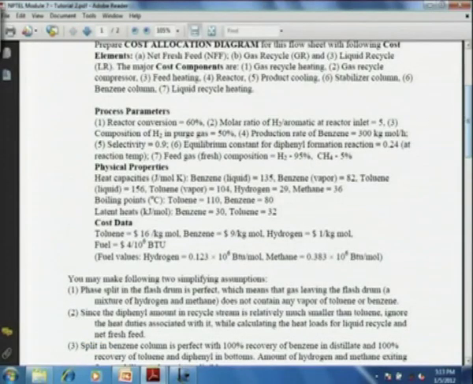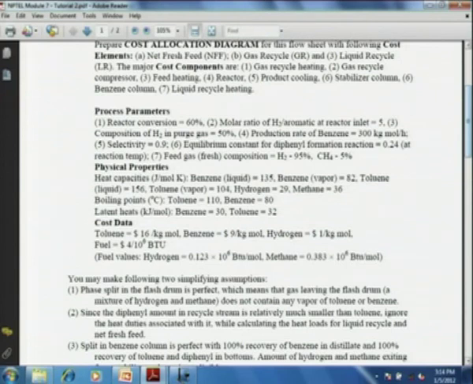Then equilibrium constant for diphenyl formation 0.24 at reaction temperature, feed gas composition hydrogen 95%, methane 5%. We are given several physical properties: heat capacity in joule per mole per Kelvin, benzene 135 liquid state, benzene vapor 82, toluene liquid 156, toluene vapor 104, hydrogen 29, methane 36 joule per mole per Kelvin, all of these heat capacities. Then the boiling points are toluene 110, benzene 80, latent heats benzene 30, that is in liquid state